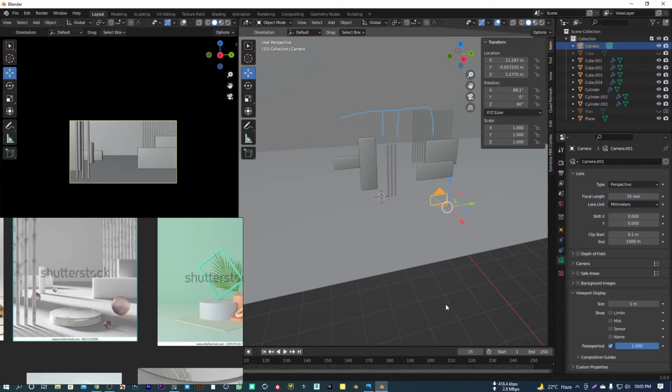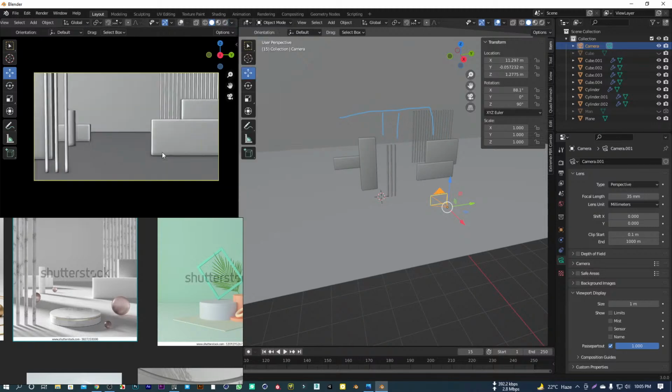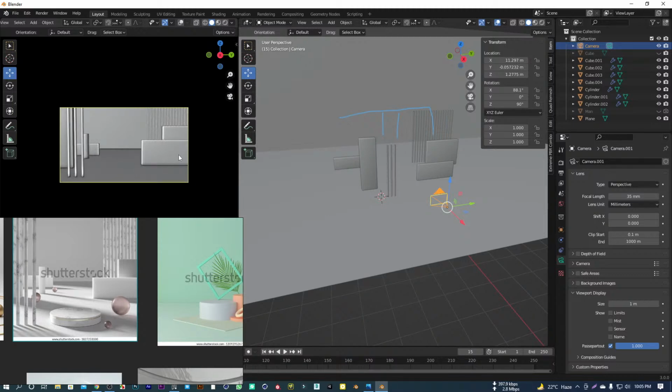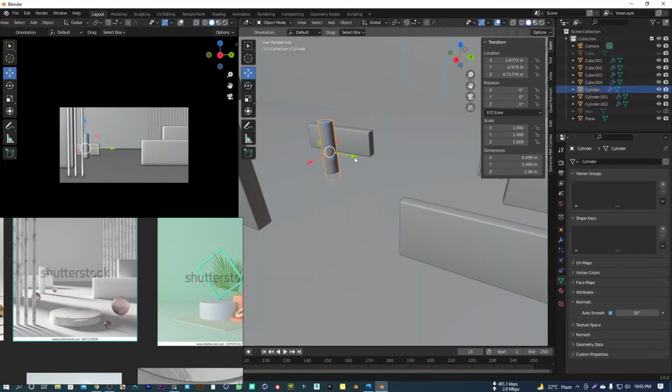I think it's all right. Cavity. Yeah, these things need to be more